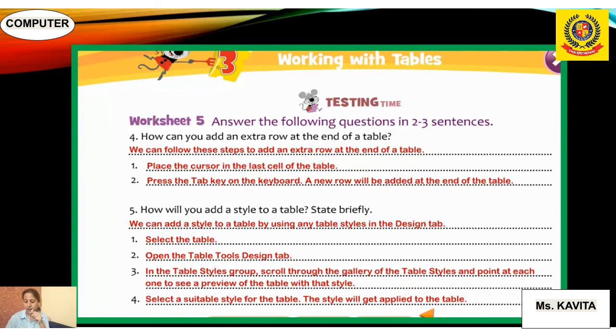So worksheet 5 and 4 you have to do in your notebook, and worksheet 1, 2, 3 you have to do in your book. And you have to draw the diagrams given in the book and all the activity. Like I have explained to you, activity given in page number 35, activity given in page number 27. So all this activity you should do in your book. And children, write down the question answers, whatever I am explaining in the video, all the question answers you can write.